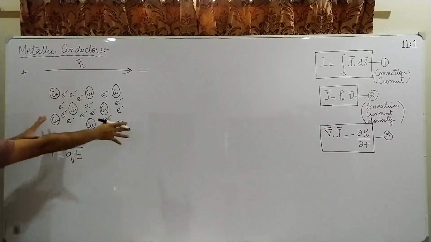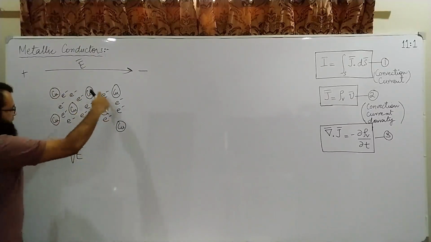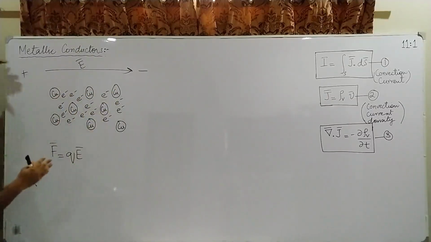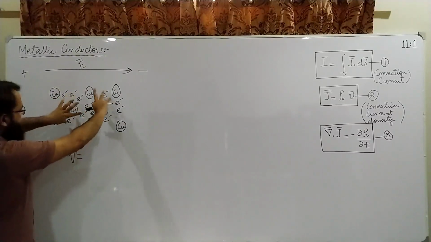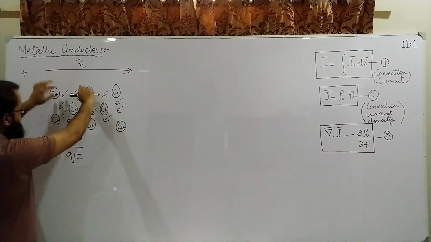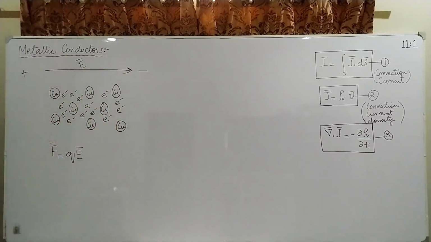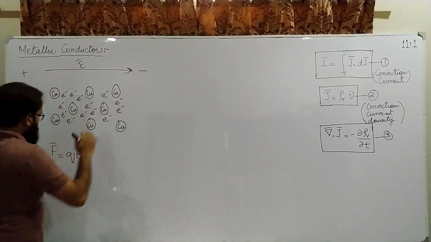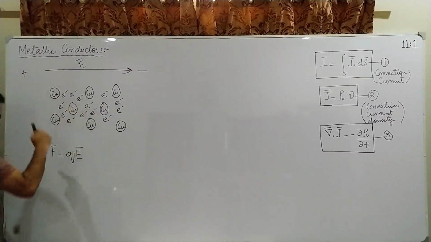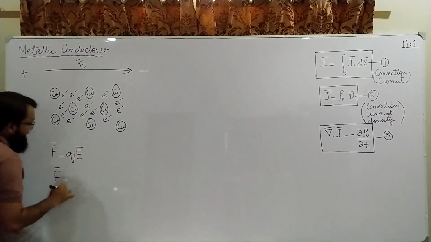Now this electric field cannot be counteracted by these electrons, because the electrons have already balanced out the electric field due to positive charges. But this is an external field which we have applied, so electrons will not be able to cancel out this field. So they will experience some force,